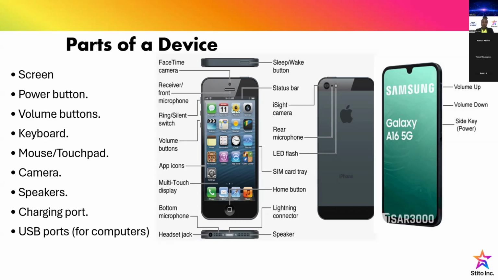So let's get familiar with where we can turn off and on or wake up our devices when they are sleeping, from the power button. If your device does not look like what we have in this image, this is just for illustration purposes. You will see where those keys are as you check the device you have. So with the power button, you can turn your devices on, off, and wake it up when it's sleeping for some moments.